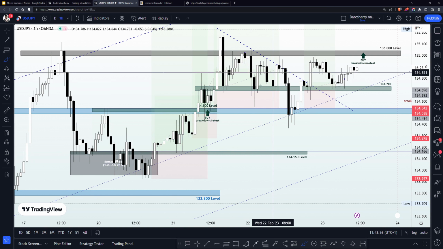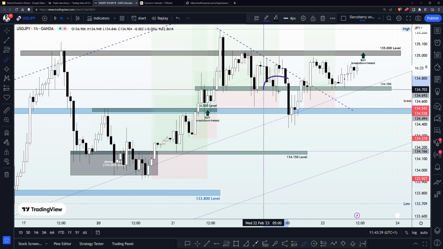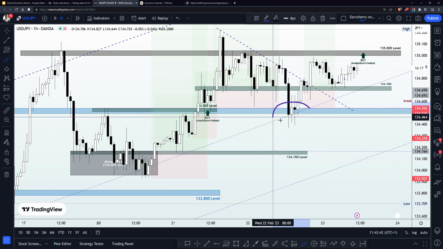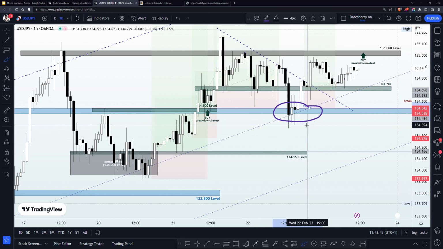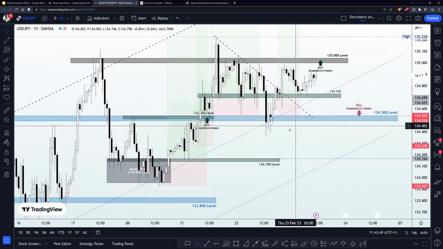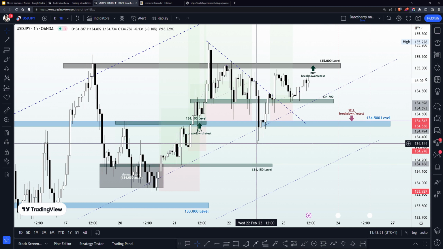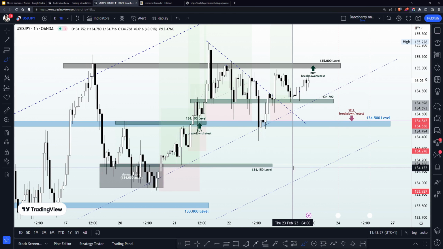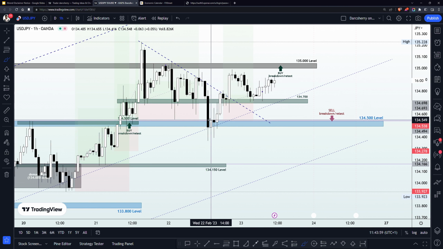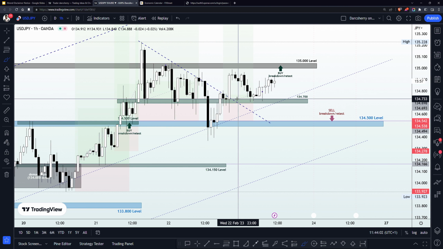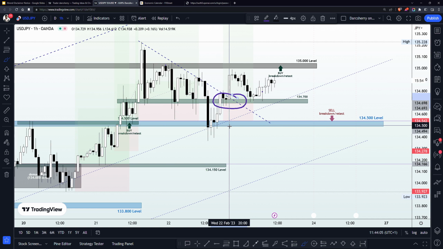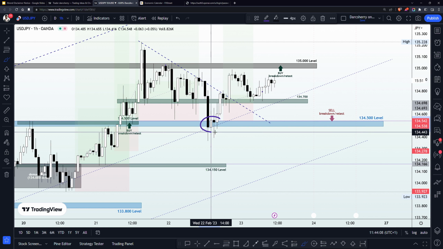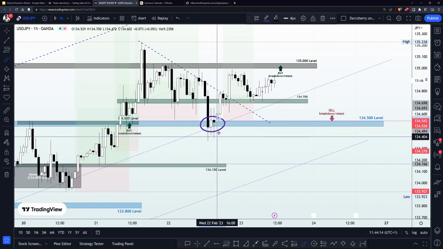But not until yesterday, during the live session, we were around here and I told you to move your stop loss to somewhere around the 134.500 area, where I said we want to see how price action will be reacting to the structure. And what happened, we were taken out of all the positions here. And remember, I also made mention that we have an opportunity to buy the USDJPY if price action breaks out of the 134.700. So after being taken out of the buy position here at the 134.500 area, we saw another bullish momentum begin again around this area.